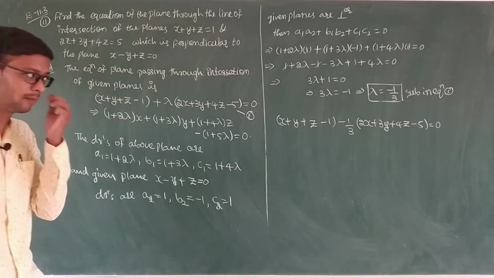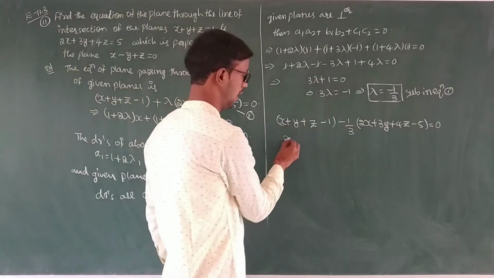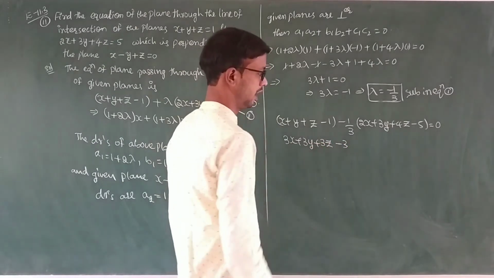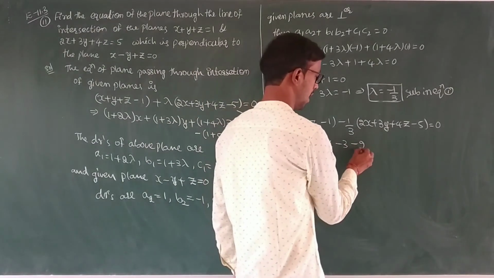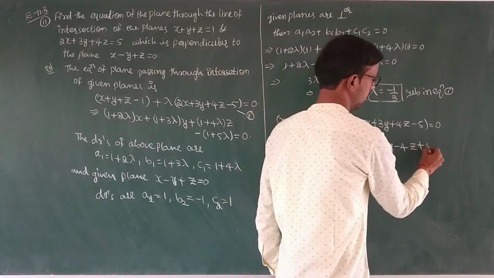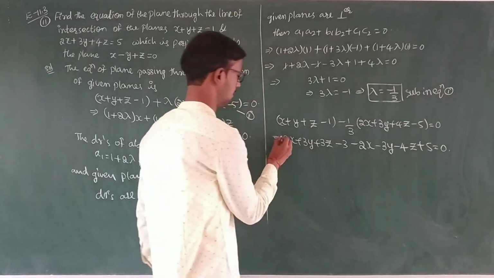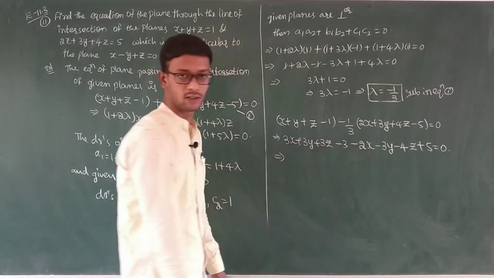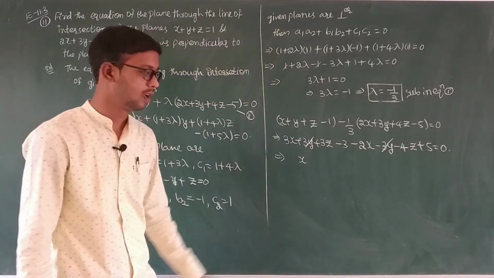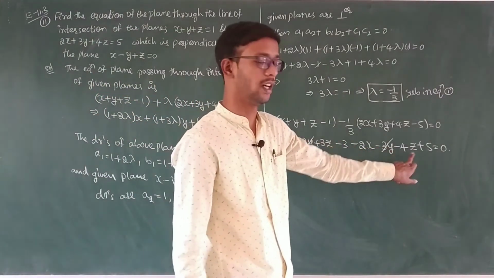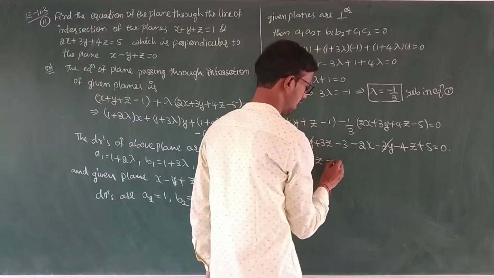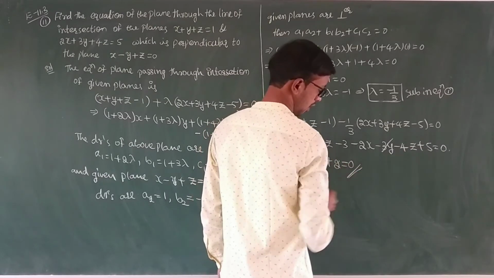Now take the LCM here. 3 is the LCM. So 3x plus 3y plus 3z minus 3 minus 2x minus 3y minus 4z plus 5 equal to 0. 3x minus 2x is x, plus 3y minus 3y cancel. 3z minus 4z is minus z, minus 5 plus 3 is plus 2, equal to 0, which